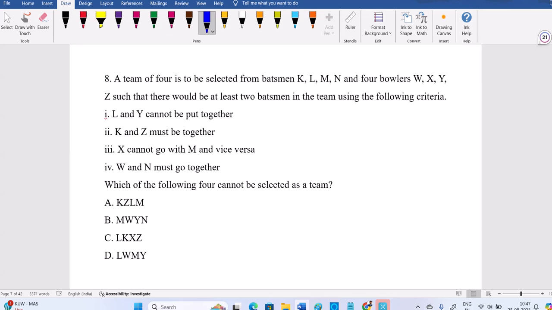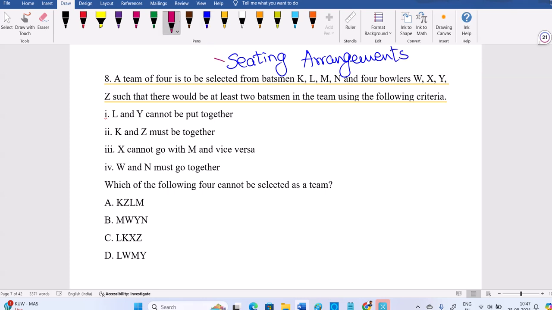Now, seating arrangements related stuff. Similar things you can expect in Accenture as well. TCS reasoning, if you prepare well, Accenture preparation is also half done. For reasoning,